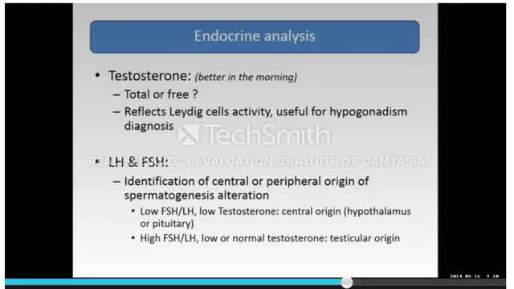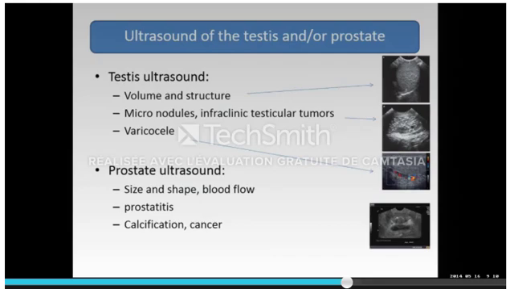Ultrasound is also very important, okay, when evaluating male fertility, and particularly testis ultrasound. I won't talk about prostate ultrasound today. I don't know very much this parameter, but testis ultrasound may be more important. It allows the andrologist or the physician to evaluate the volume and the structure of the testis, okay, because physical examination would allow to detect some defects, some nodules, maybe some small size or whatever, some defect in testis,